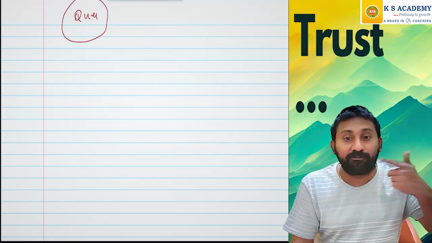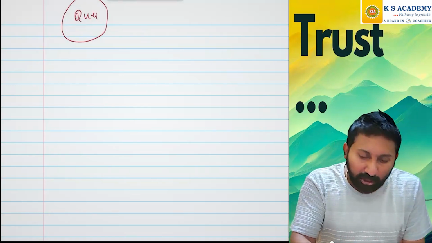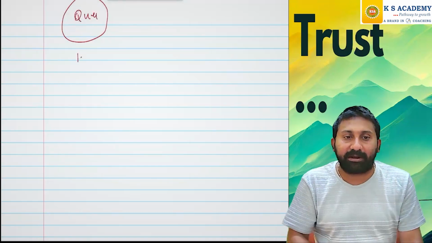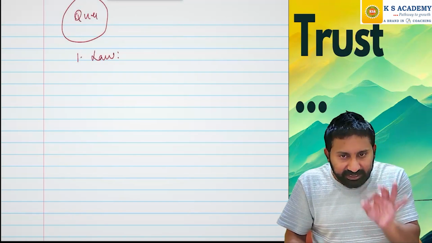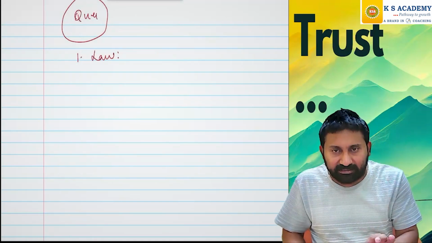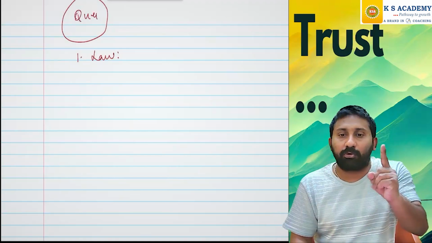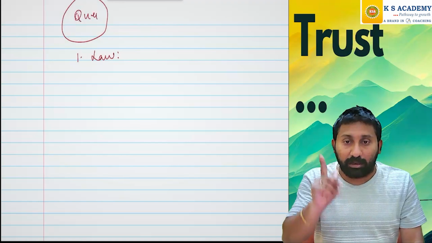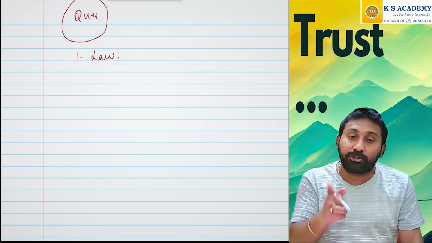Your conclusion, if you put first yes or no, they will not even value the remaining part of the answer. Therefore, the first thing you have to keep in mind is write the law first. Whether 3 marks, 4 marks, 5 marks, 6, 7, 8, forget about it. What is the first thumb rule? Whenever a question in law comes, he will expect the law to be written first. Conclusion should be given next.